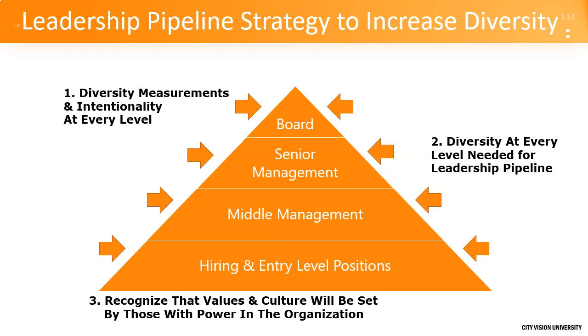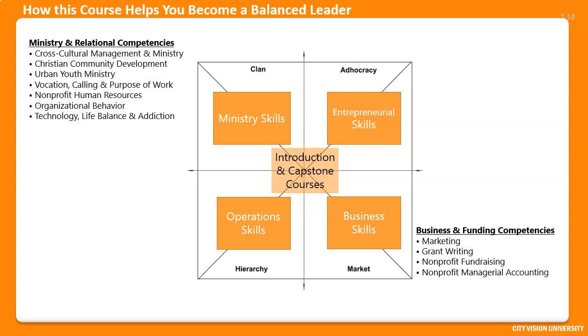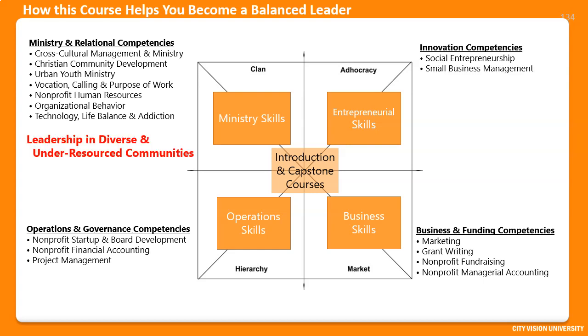So now we've talked in the organization about how this course fits into an overall balanced leader program. So you have these different skills, ministry and business skills, entrepreneurial and operations skills, and you have different courses, right? So this course fits largely under having a healthy relational organization, right? But it's also how do you be a healthy leader overall. And recognizing that for any strategic plan, because this is in this quadrant, any plan you do, you have to think about all 4 quadrants.